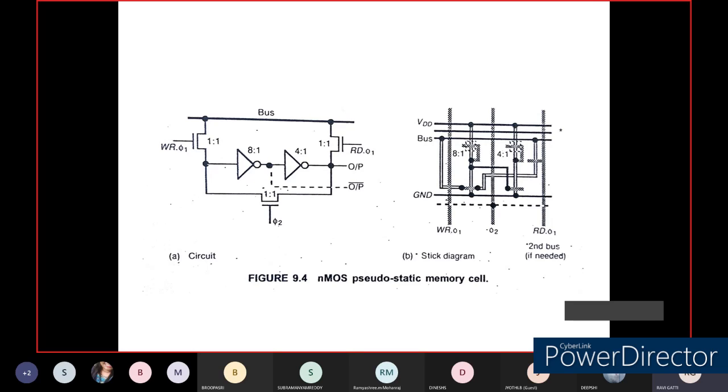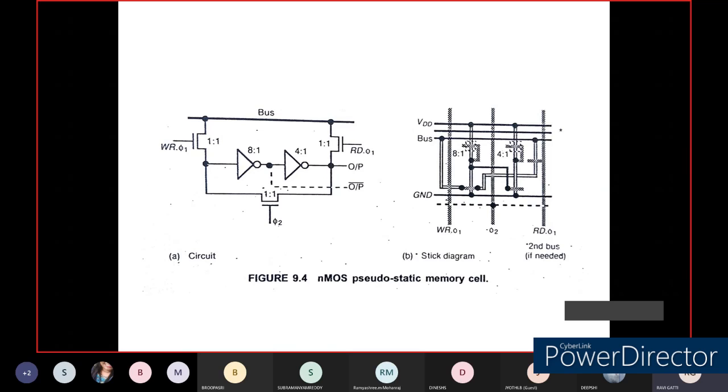Here we have used this static memory cell in order to generate pseudo vectors. We are going to use these pseudo vectors in the implementation of a CRC, that is a cyclic redundancy check, which is error detection and correction, where we want to check whether the data has been received successfully or not. So we need to generate checksum bits. In order to create these checksum bits, we are going to use this pseudo static memory cell.